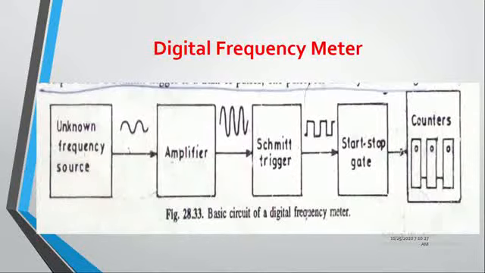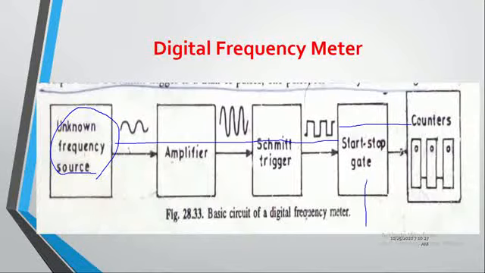The principle followed by this digital frequency meter is, first of all, it will take the unknown signal. Forget about these blocks, we will come to that later. This signal is converted into an equivalent pulse format. These signals are converted into square pulses, and these pulses are fed as an input to the counters,